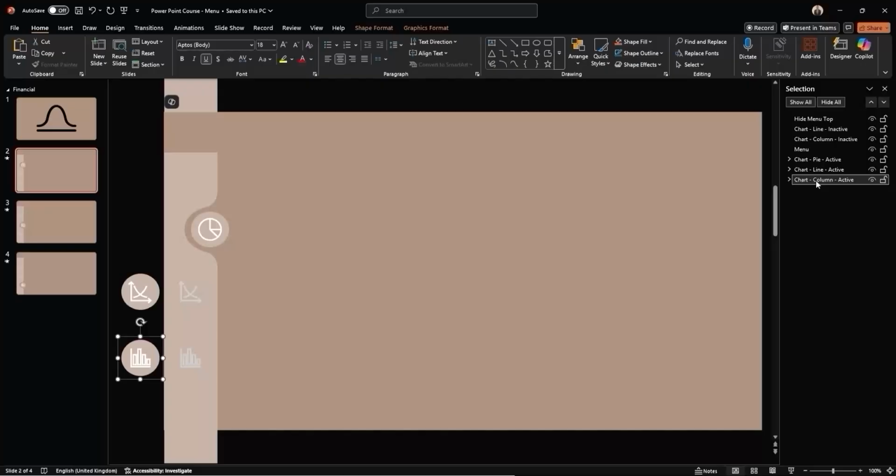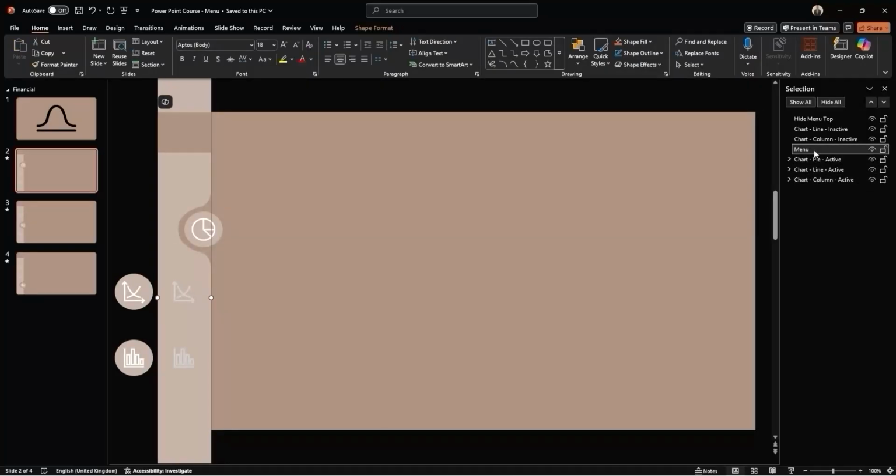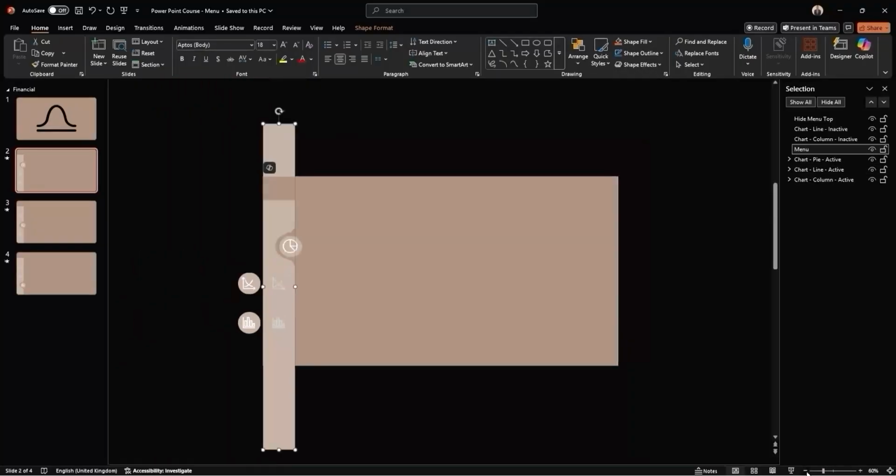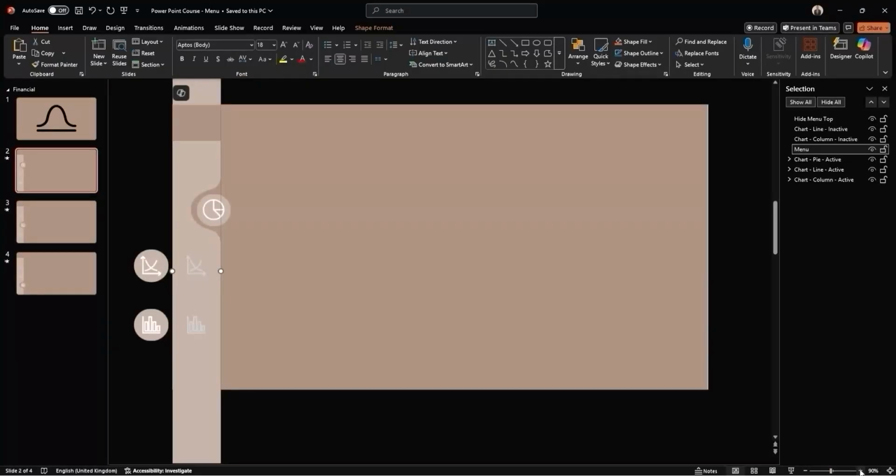Finally, there's the actual menu shape itself. Zooming out a bit, we can see that it's just a long, vertical column with a cutout in the middle. That cutout is designed to fit the active icon group, giving the illusion that the icon is neatly housed within the cutout. This structure allows for a clean and smooth experience while keeping everything simple and manageable. Let's zoom back in and wrap up the overview.